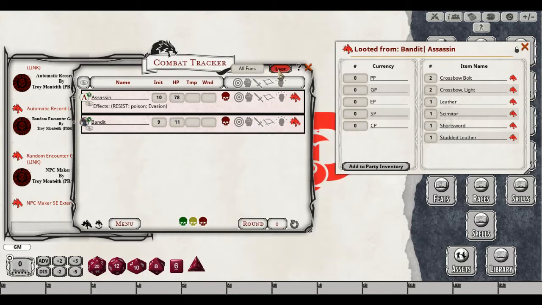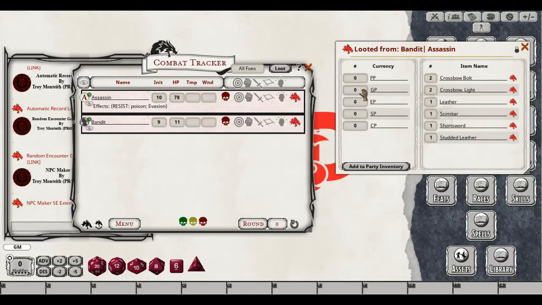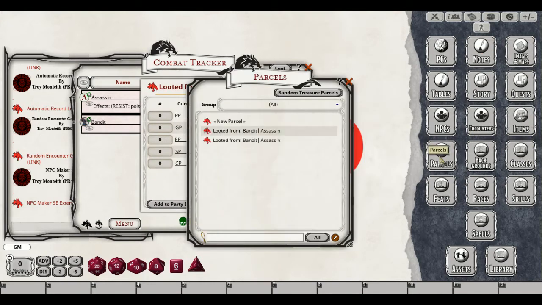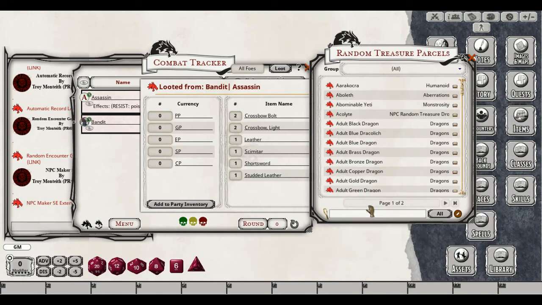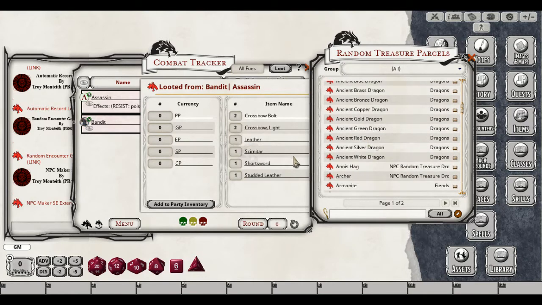If I loot again, it's going to be the same because of the treasure parcels. If I come into parcels, if I go to random treasure parcels, then I should be able to find them in here. A bunch of these are loaded up from the module. Otherwise, they get created in here, right? So if you don't have one,